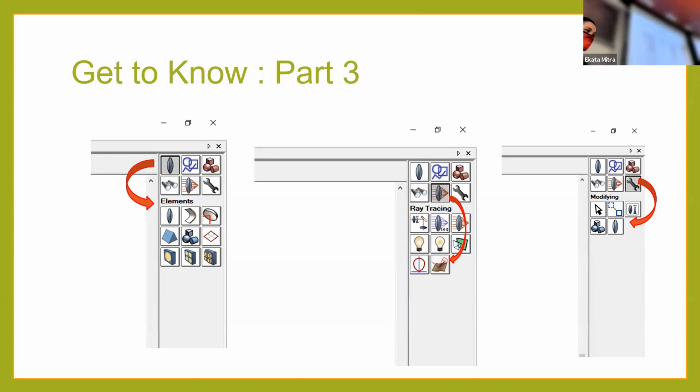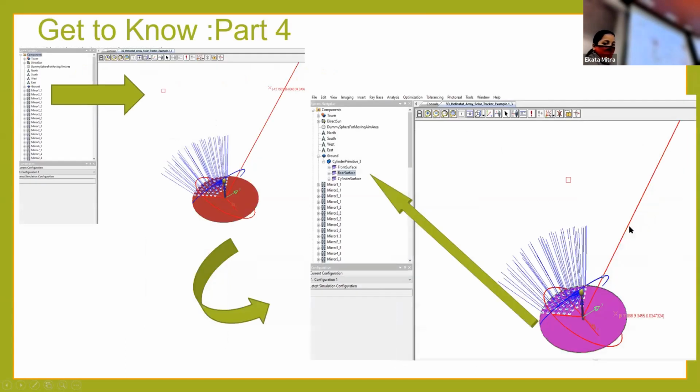If you are going to add a convex and a concave lens together, you just draw it from the lens here, and then you can just add it. So it's pretty simple.